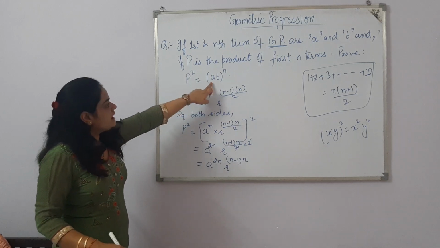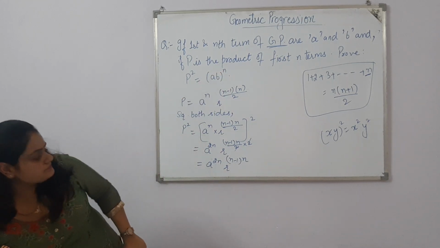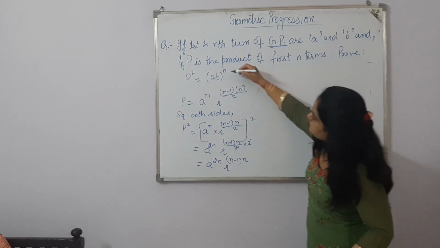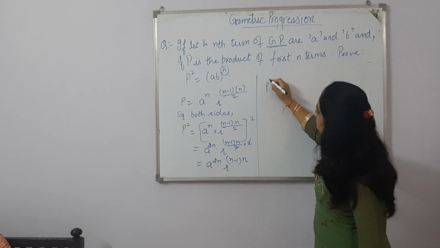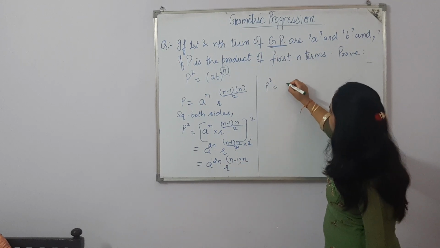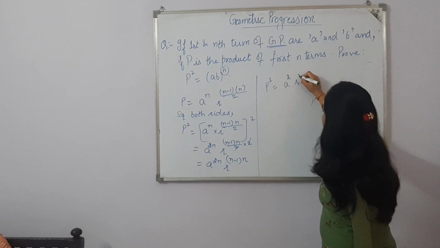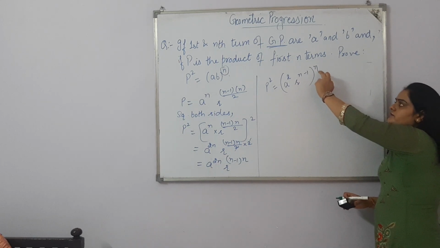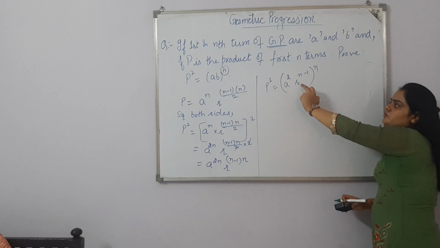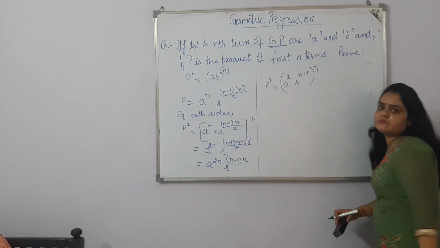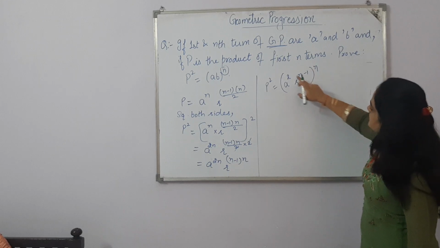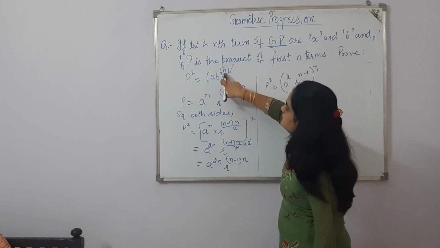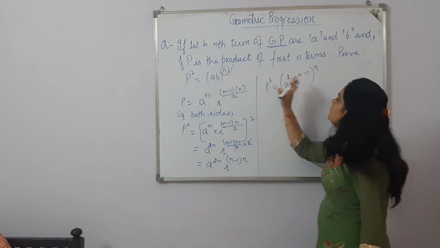What we need to prove is (ab) whole raised to power n. Now, we need the whole power n. So what we are doing here, we are taking n power as common. A raised to power 2 and r raised to power n minus 1 remain inside, and power n outside. This is the whole power n. When it goes inside, it becomes a raised to power 2n, and r raised to power (n minus 1) n. The same step will occur. So here we'll take n power as common. Why? Because in what we need to prove, n is in the whole power. So what we did,